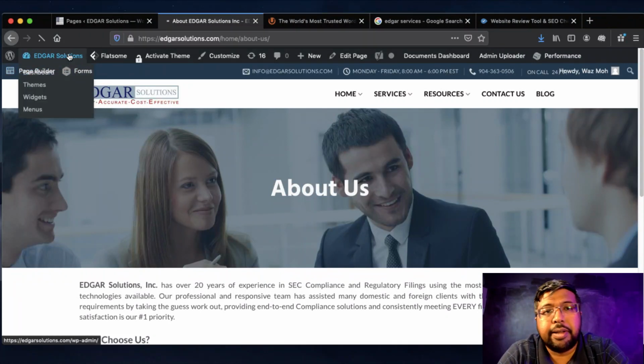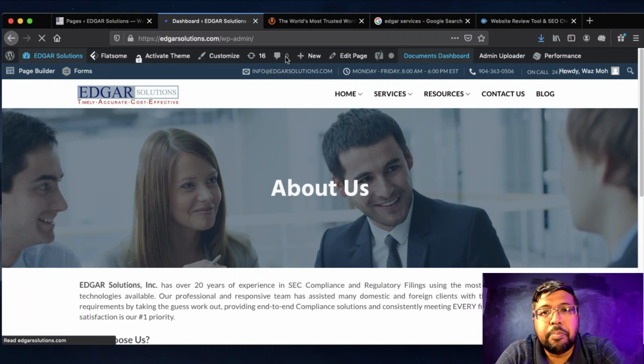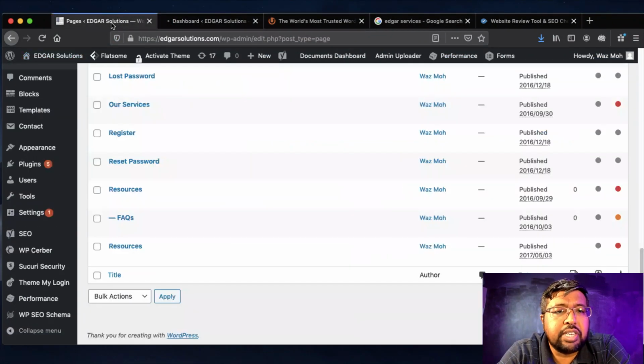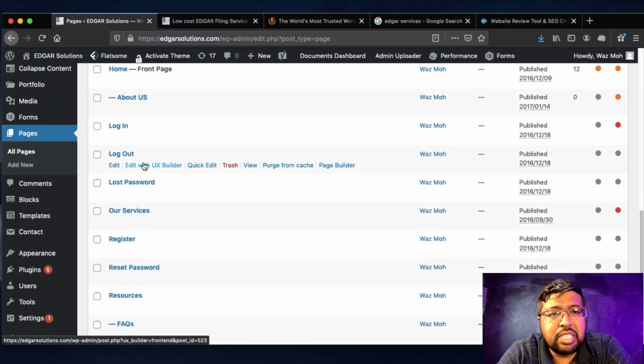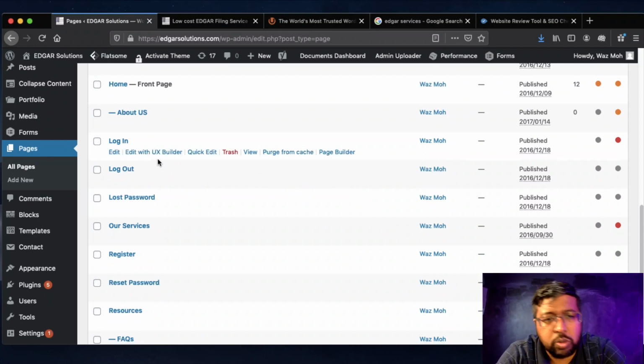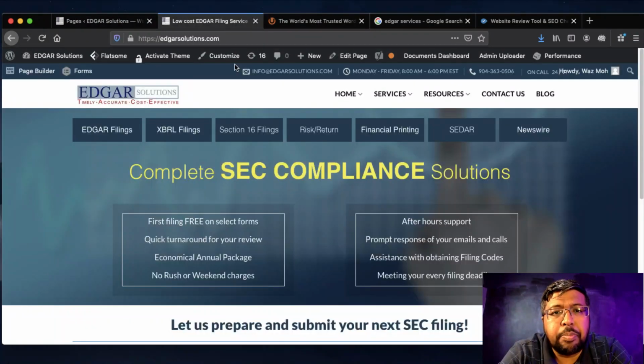That's what I mean by the front page, right? Because there are some pages that don't have to be optimized. For example, if you have a login page where the customer can log in, you don't have to optimize that. That has to be secretly closed. Make sense? But whatever is apparent here, like these pages, you've got to optimize all these pages,